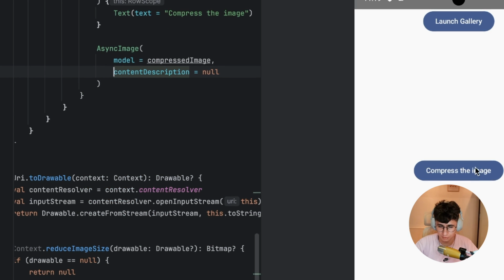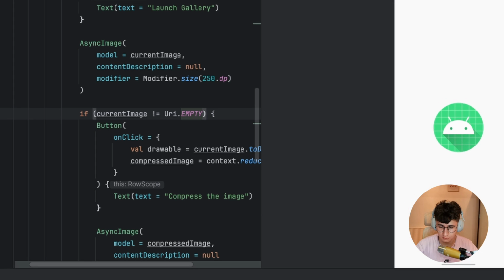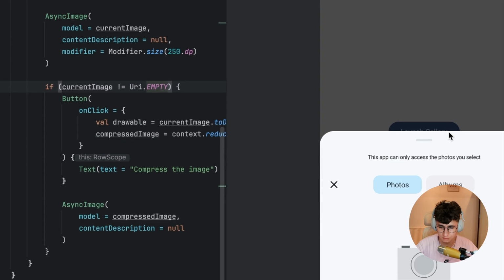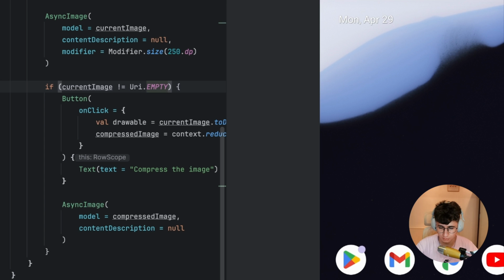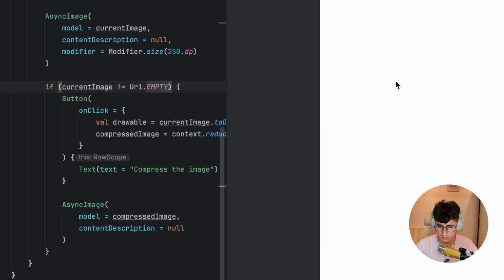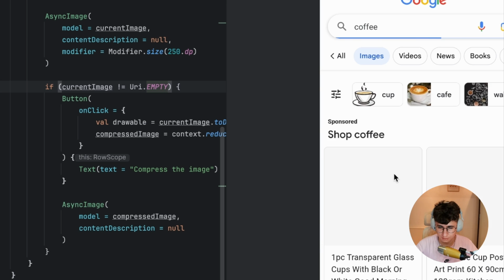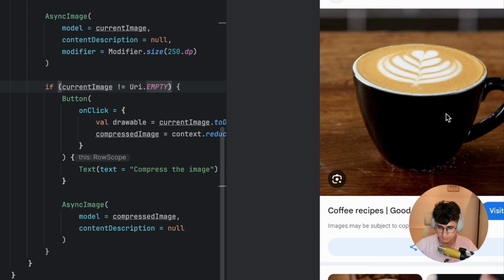Okay, the button appears here because I put the wrong condition here, so we say URI empty. Okay, let's run the app again, and I hope I have an image in the gallery. So let's see. Okay, I don't have any, so let's go and pick one from Google. So let's say coffee, and let's get the first image. Let's say this one. Okay,